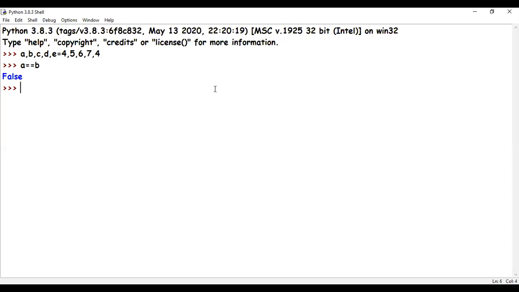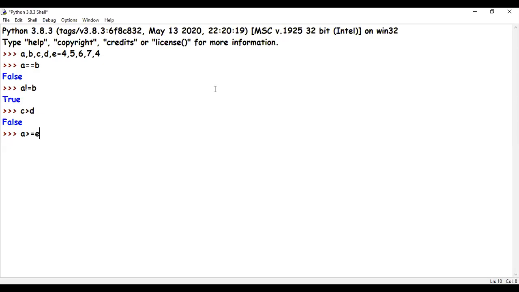Next, I will say A not equal to B. When I say A not equal to B, it will tell me true. You are right. Okay. Next, I am saying greater than. So I'm saying C is greater than D. C is 6. Is 6 greater than 7? No. Then I'm saying A is greater than or equal to 4. I can put a number here, that's not wrong, but I'm going to use a variable.